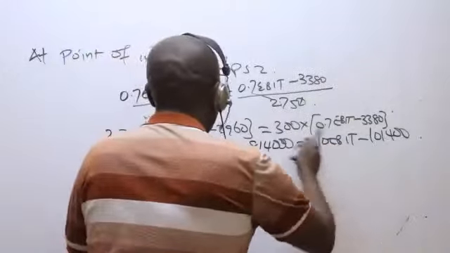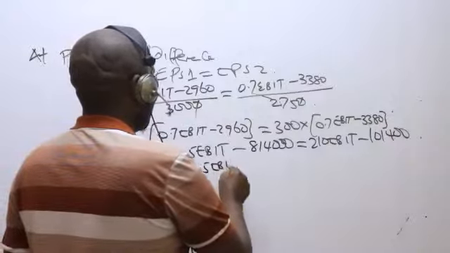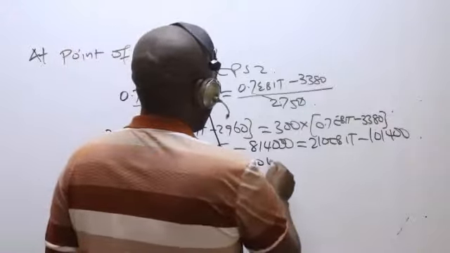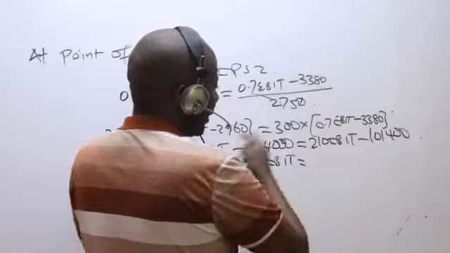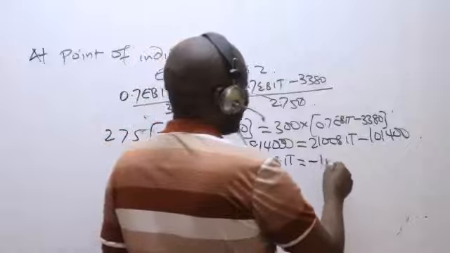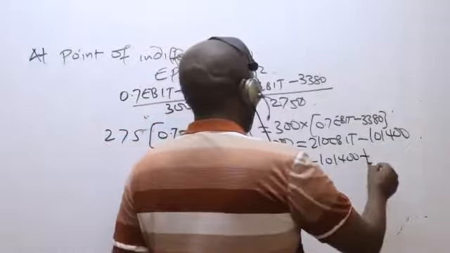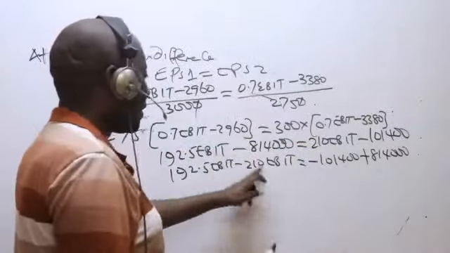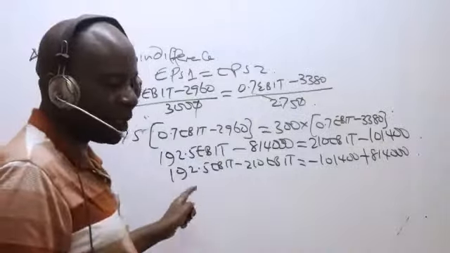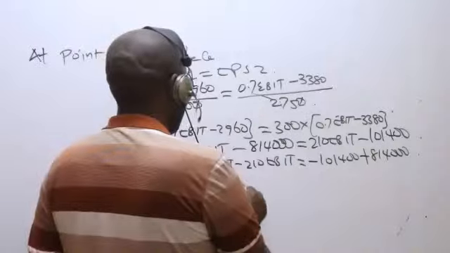EBIT, these are lovers. Put them together. 192.5 EBIT minus 210 EBIT. This one, when it crosses over, of course, we expect the sign to change. Equals minus 1014,000. This one going the other side becomes plus 814,000. So then this minus this will give me what figure, ladies and gentlemen? Minus 17.5 EBIT